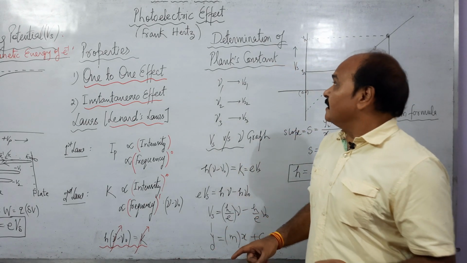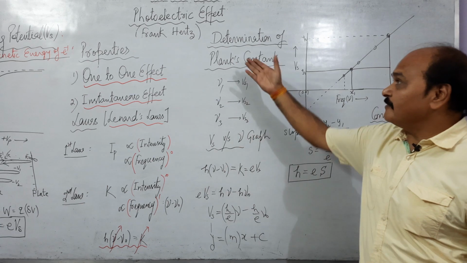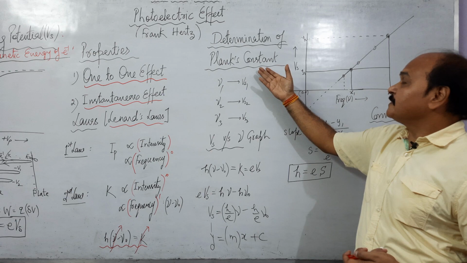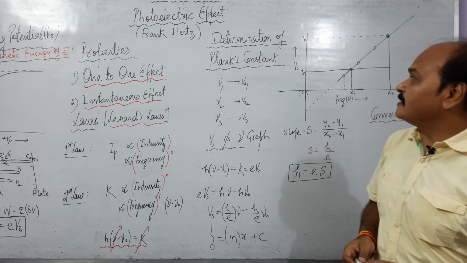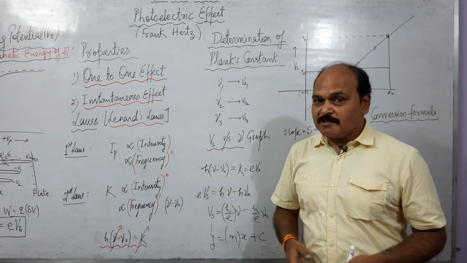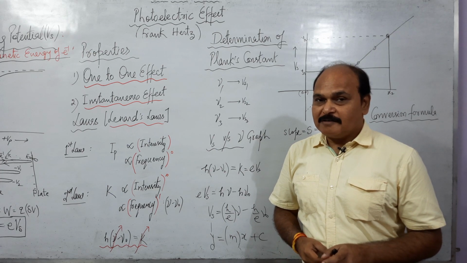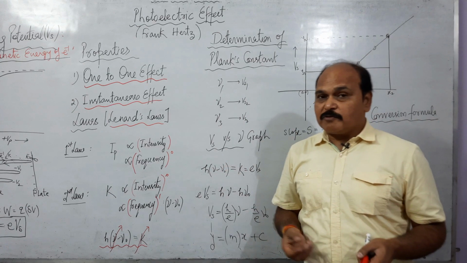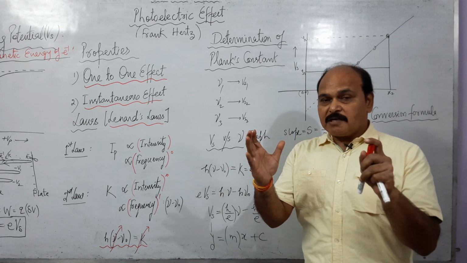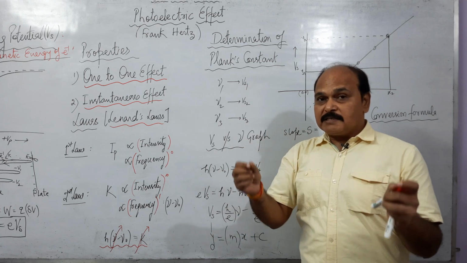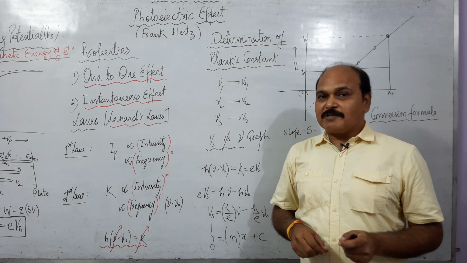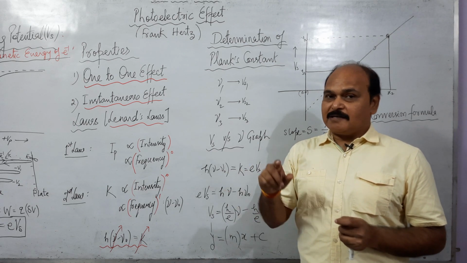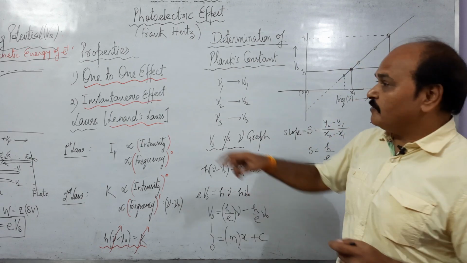Well, the next topic which I am going to take up, which is also the last topic of the chapter, is the determination of Planck constant. How do we find out the value of Planck constant using photoelectric effect? So what do we do, children? Well, we already know how we draw a photoelectric curve. We take a photocell, we make light whose energy is greater than threshold energy fall upon the photocell, and then we plot a graph between plate voltage and current, and we get a curve which we have already drawn there.